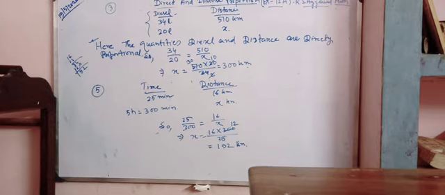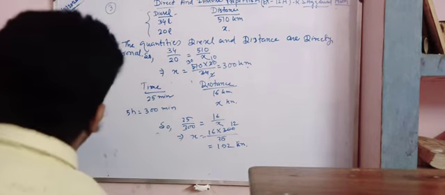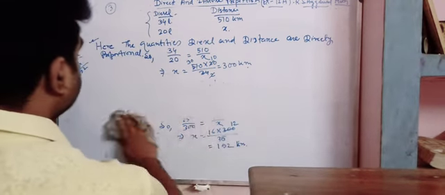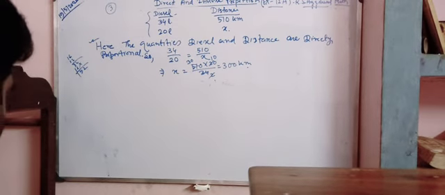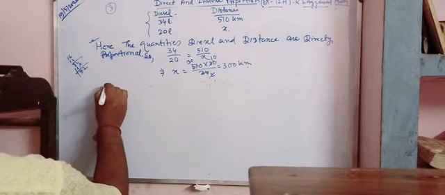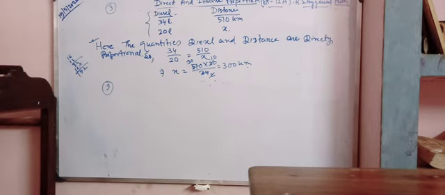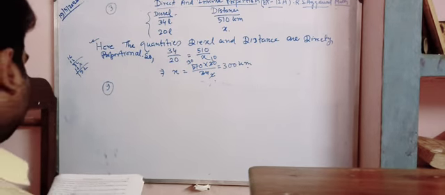Next, in a model ship, the mast is 9 cm high, while the mast of the actual ship is 15 cm high. If the length of the ship is 35 meter, how long is the model ship? So I am doing this question, question number 9. Model ship and actual ship.